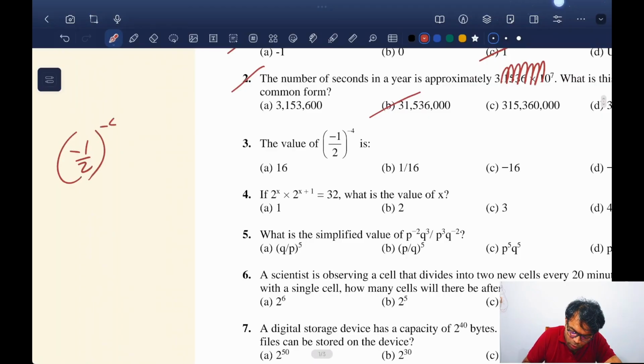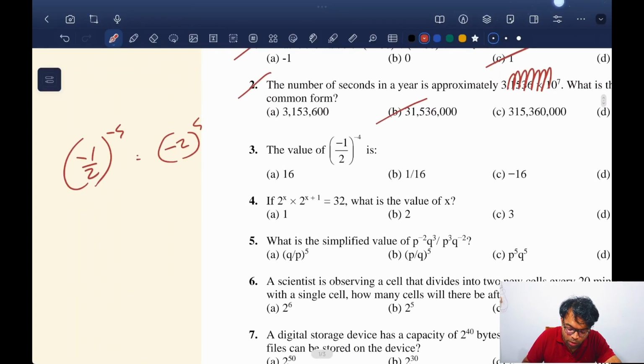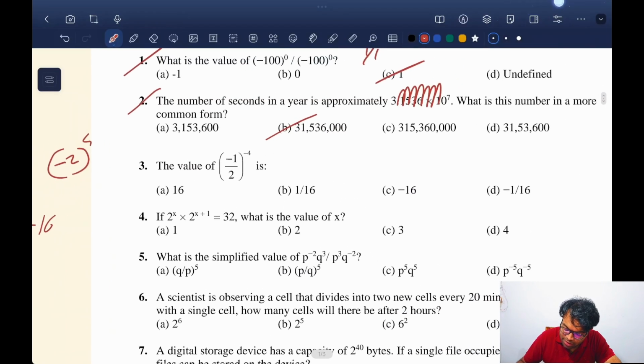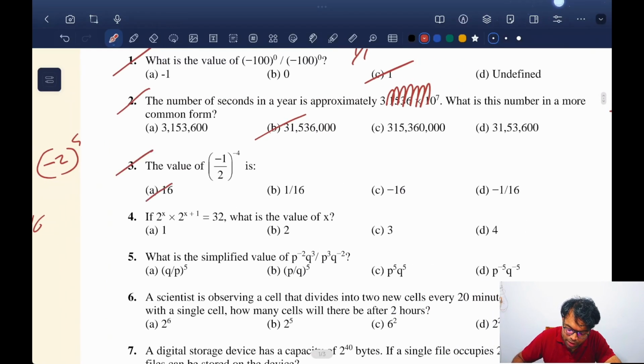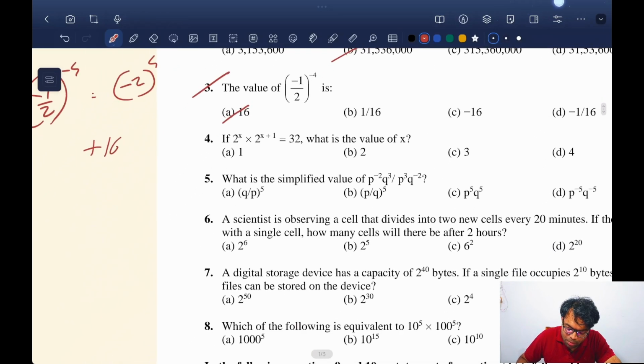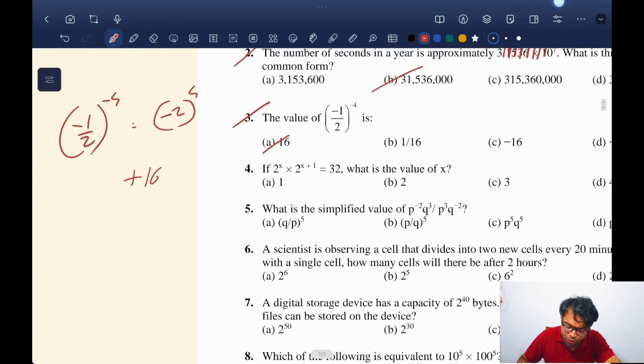नाउ द वैल्यू ऑफ (-1/2) द होल टू द पावर -4, ठीक है। सो (-1/2) to the power of -4 इज इक्वल टू (-2) to the power of 4, ठीक है। (-2) to the power 4, माइनस विद एन इवन पावर क्या हो जाएगा? प्लस कितना हो जाएगा ये? 2 to the power 4 is 16. Answer is 16. ठीक है।